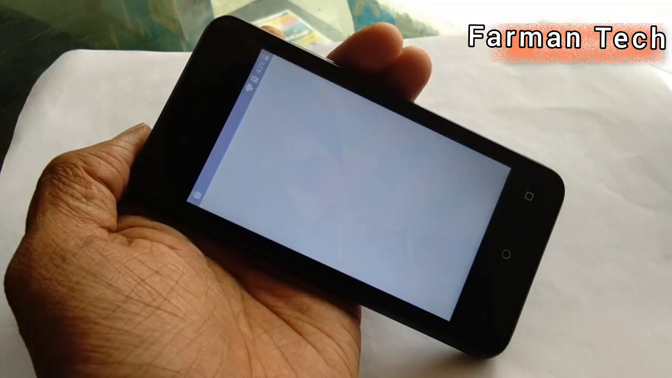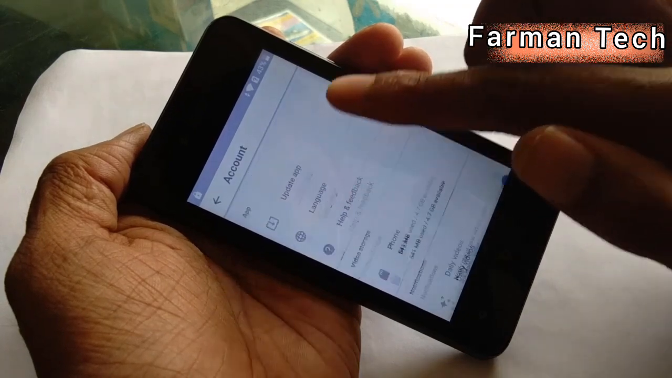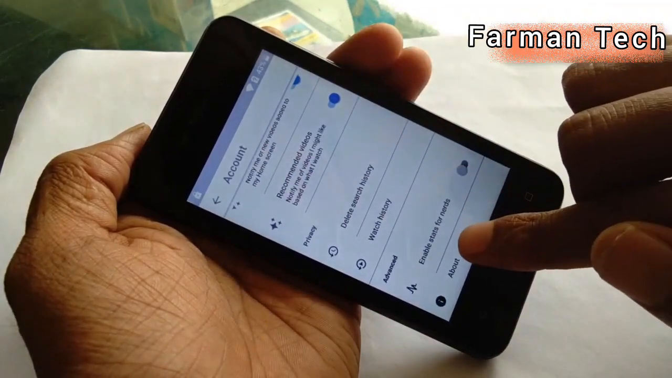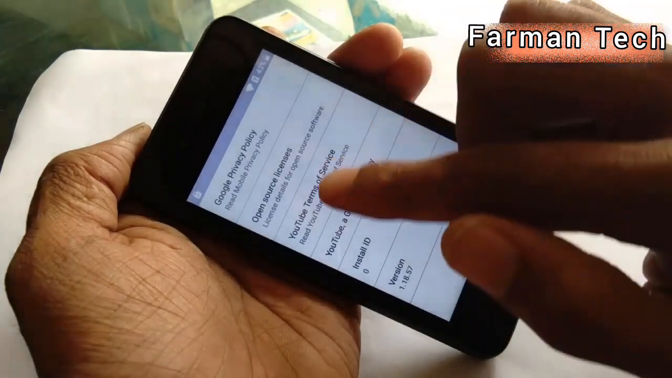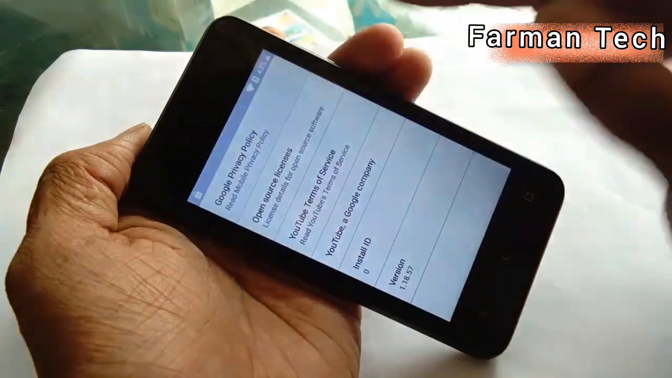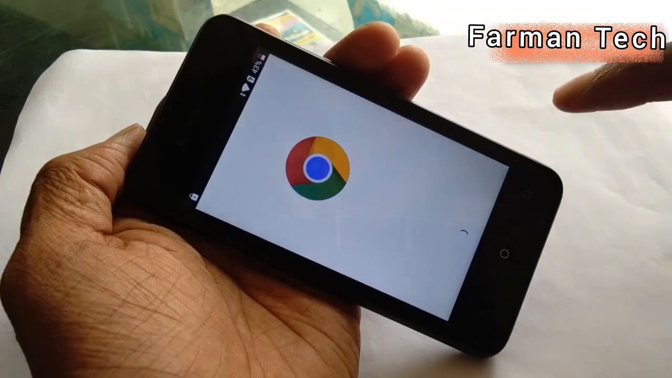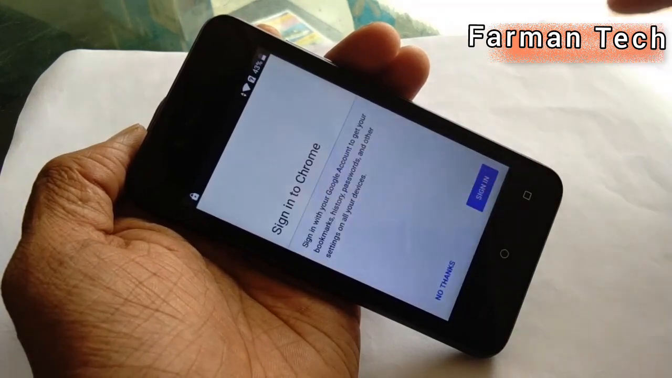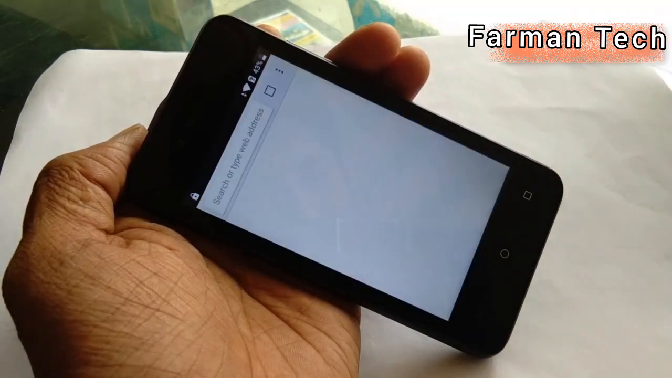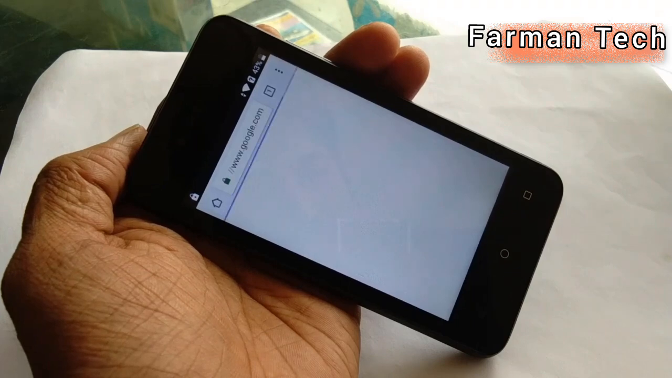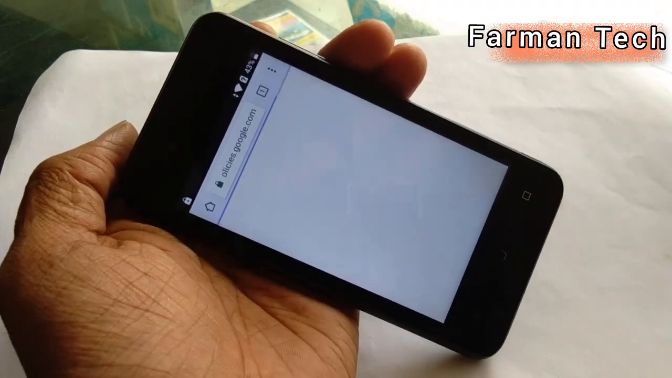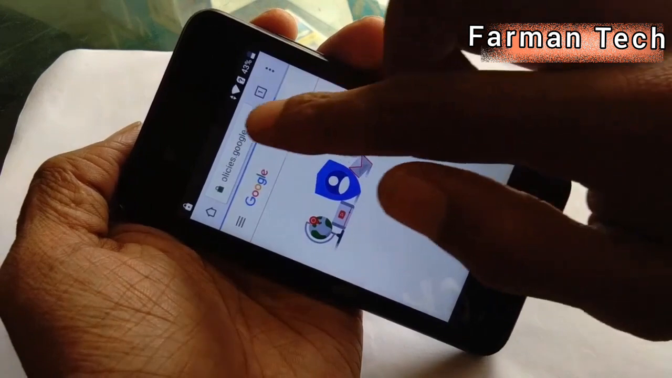After that, click on about last in setting, on Google privacy policy. Welcome to Chrome, accept and continue. Next, no thanks, do it. So now you have to search link